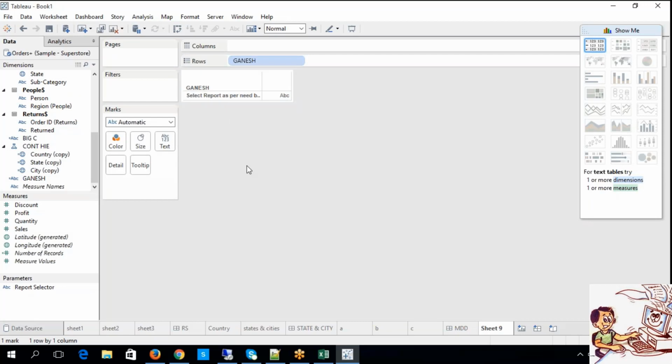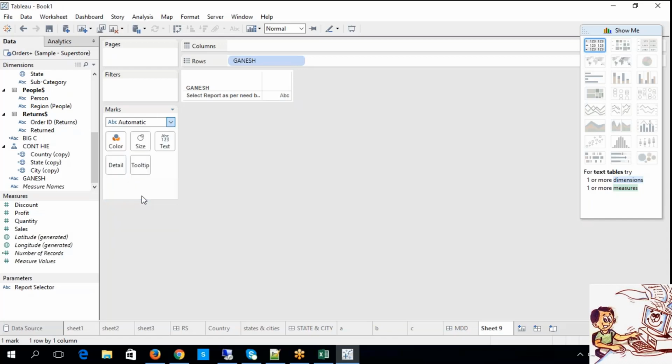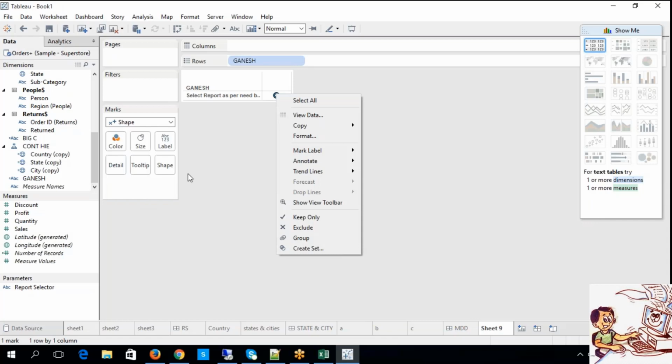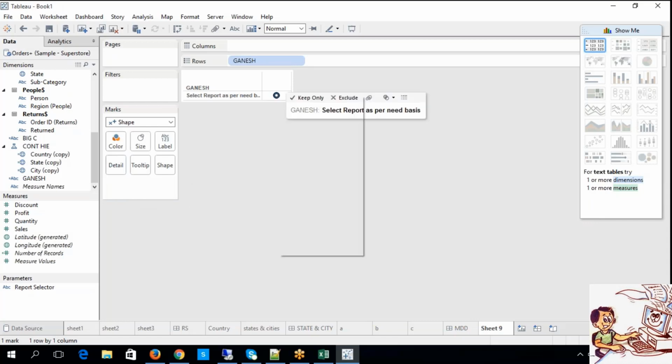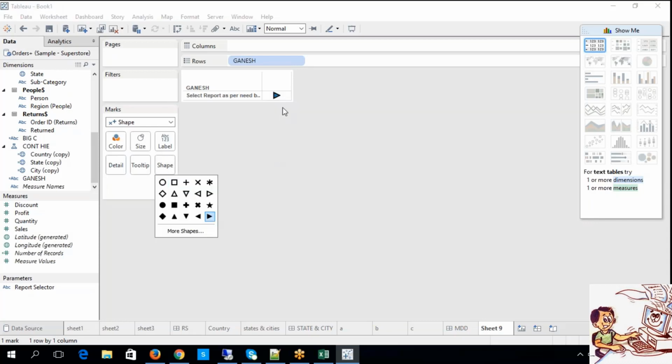Now, come down to shapes. What is this, guys? Shapes. Here, what is the shape? You have something like a circle shape. If you want, you can also change this, right? How can you change it? Do you remember that? See, you have shapes. In this way you can change the shapes. At this moment, you have this shape. These topics we have already discussed, guys, but still I'll brief you on this. Now, do you want to increase the size? Absolutely, you can play around with this.